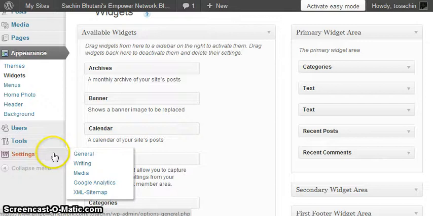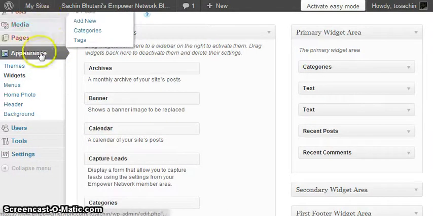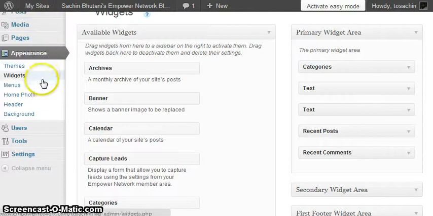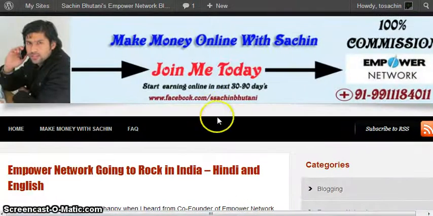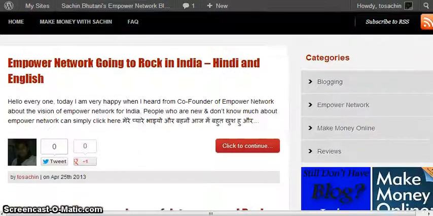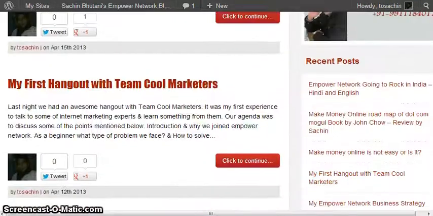Then we have tools and settings. I don't recommend doing anything in this section, and I am not doing anything there right now. If I do, I'll surely let you know how to move forward with these sections. So mainly we have these 3-4 sections which are required for blogging and to start with Empower Network, and this is how your blog can look. I have shown it to so many people and they said yes, it is looking good. So I hope you will also like my blog, and that's it.